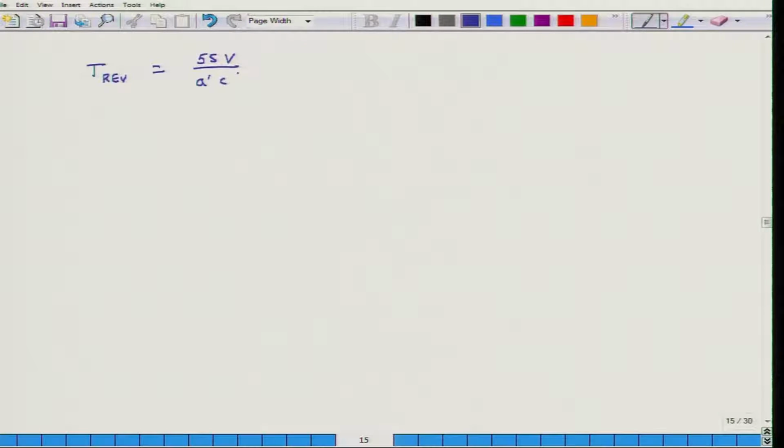by A prime C, where A prime equals S times natural log of 1 minus alpha bar, and S is the internal surface area of the room, and we have to know what is alpha bar. So, alpha bar is called the absorption coefficient of the room. So, alpha bar equals,